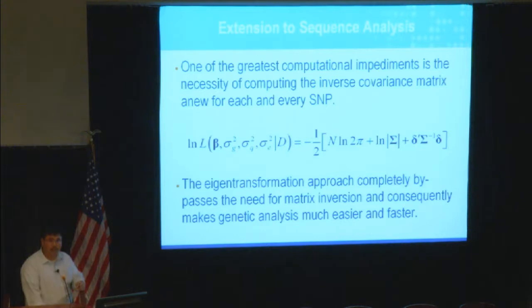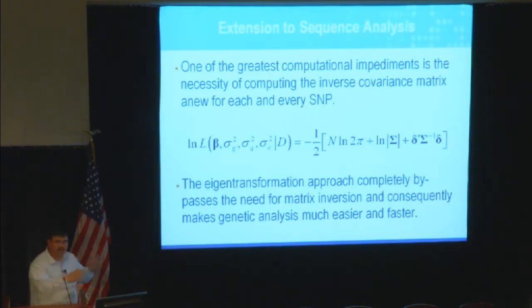Now I want to show how we can use these ideas and extend it a little to analyze next-gen sequencing data. And one of the greatest computational impediments for using the traditional approach is the necessity of computing the inverse covariance matrix for each and every SNP, right? And the problem is with this guy right here. The likelihood requires the inversion of the covariance matrix, so this matrix inverse, right? And not only does it have to be computed for every SNP,